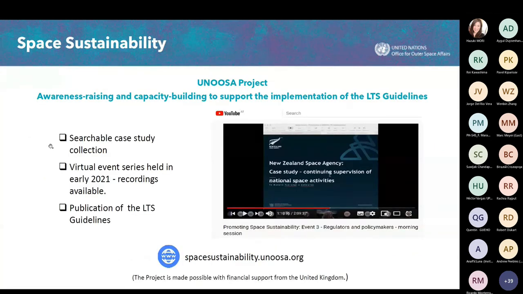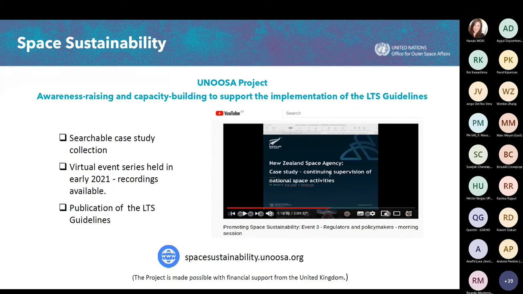And I recognize that my time is running short, but let me lastly flag for you a project that UNOOSA is undertaking, not in connection with the committee, but on its own. It's been looking at the implementation of the LTS guidelines. So this project has been collecting operational case studies of how the guidelines have been implemented in various jurisdictions. So if you're struggling at all to think about how the guidelines could or should be implemented, I would encourage you to take a look at the case study database that's available on the website that you see here,